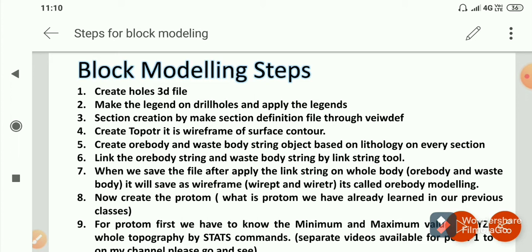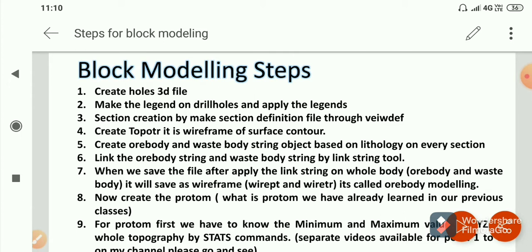Different lithologies can be possible in one deposit, so we should make a wireframe for every lithology and waste body. That's called ore body modeling.